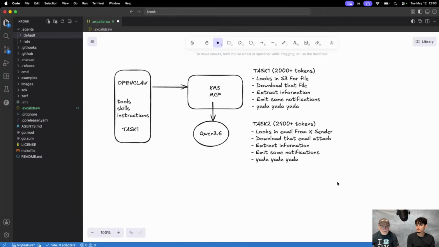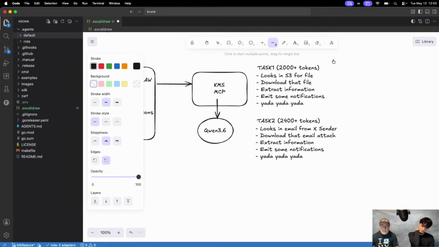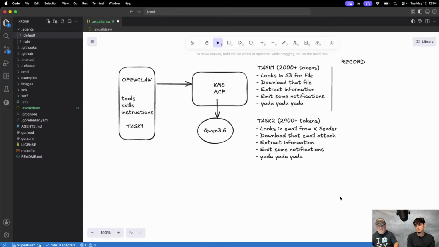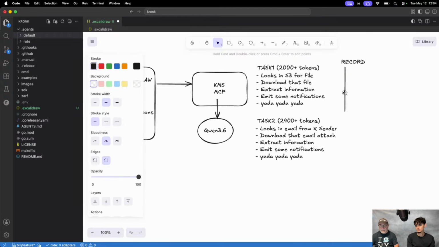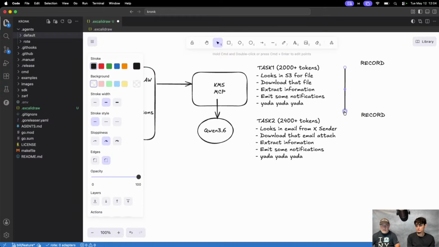So this is where Rote comes in. What Rote is going to try to do is basically record. One way I like to think about it is that it's going to record this entire interaction the first time it sees it, at a high level.